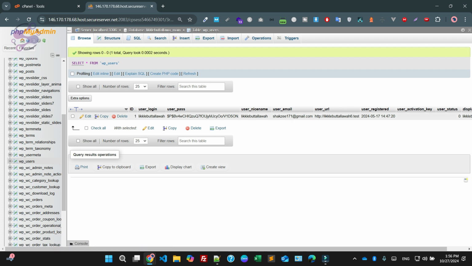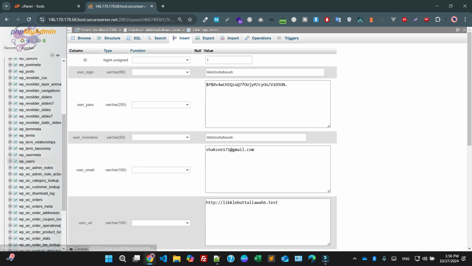Okay, so this is your password. I'm going to change the password. Now, as you can see, this is the password field. It's encrypted, so that's why it's showing like this. For the new password which you are going to use, just type the new password. So let's suppose I'm saying my